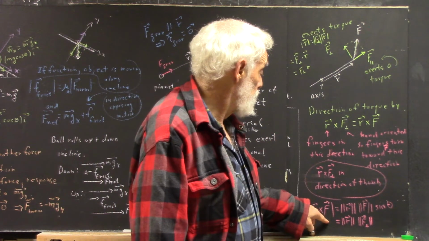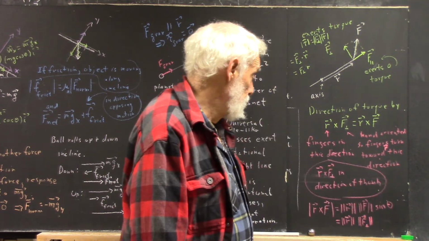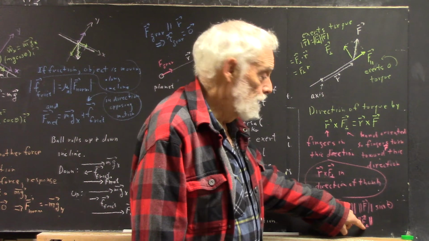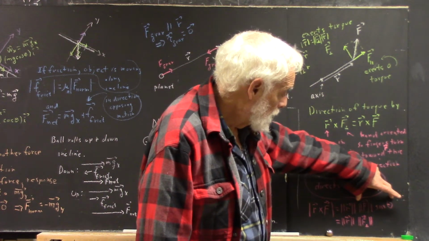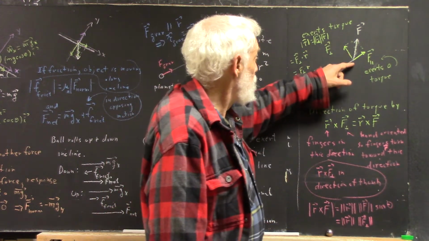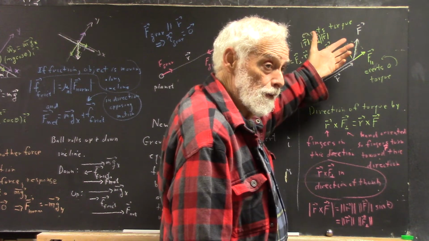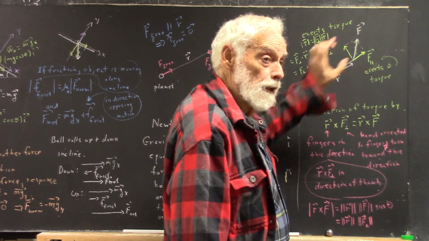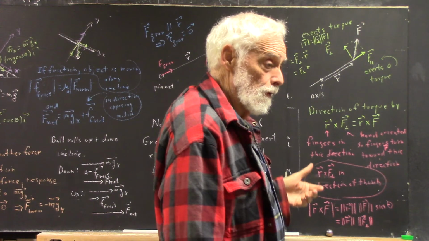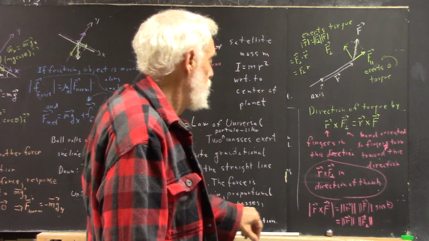from the right-hand rule. It has a magnitude equal to the product of the magnitude of the two vectors times the sine of the angle between them. And this is the magnitude of R times magnitude of F perpendicular, because the magnitude of F times the sine of theta is the magnitude of F perpendicular. Okay? Because if theta is the angle here between R and F, you multiply the sine of theta by the magnitude of F, and you get the magnitude of F perpendicular. So that's it, and that's a very important idea,